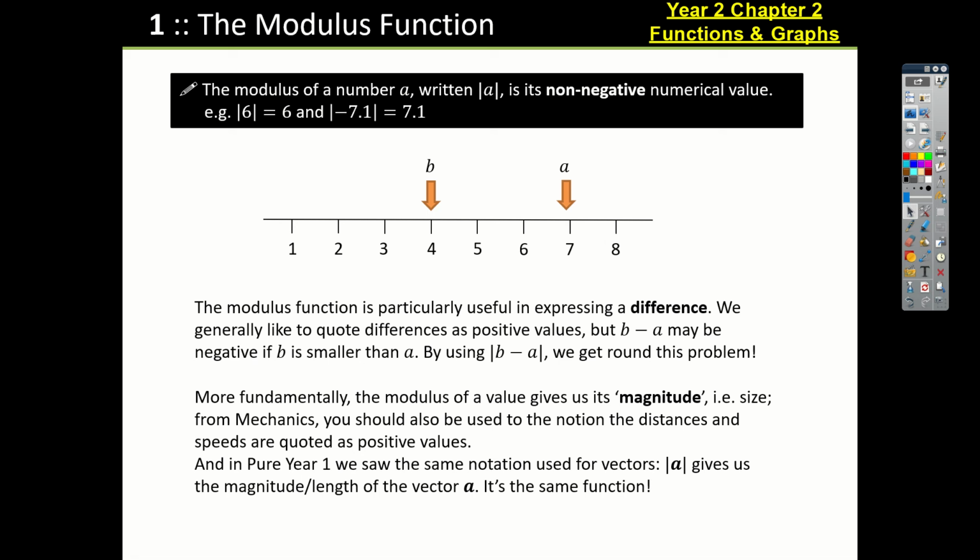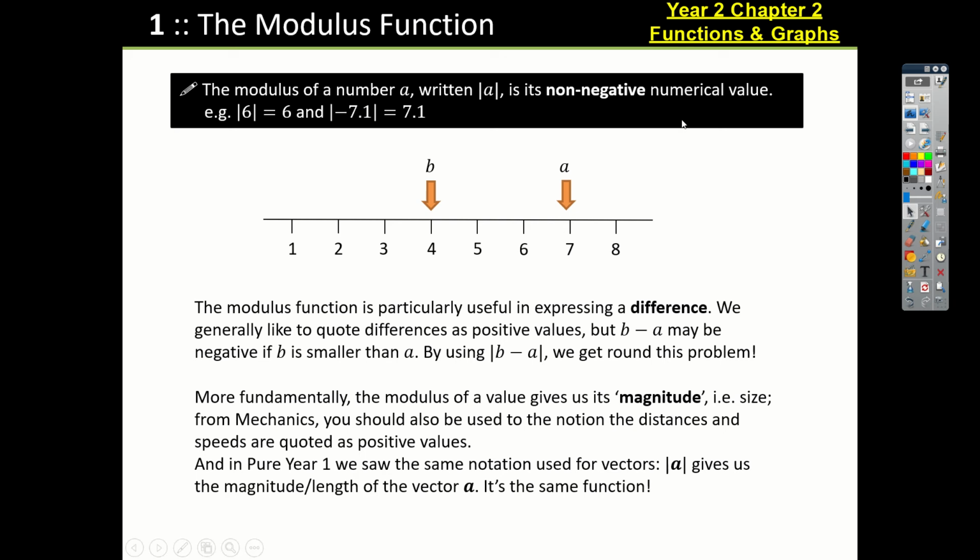This is term 6, we're on the home straight of this year. There's two topics to cover this term that I want to go through, and the first is functions and graphs. Okay, chapter 2, these two topics we're going to do are from next year, just to give us a bit of a head start. So functions and graphs, the first piece that I want to have a look at is